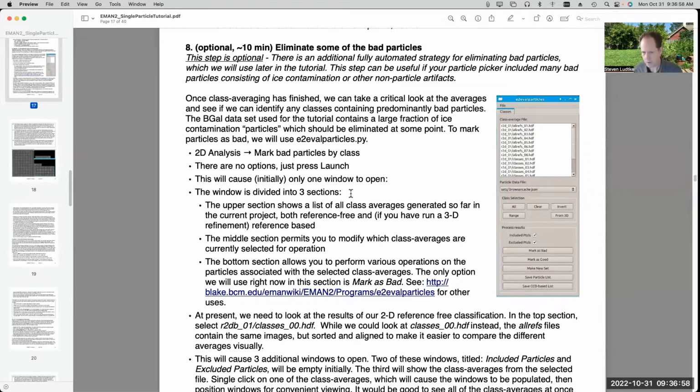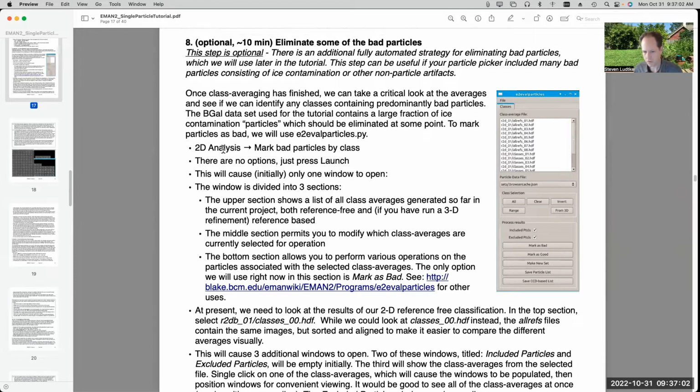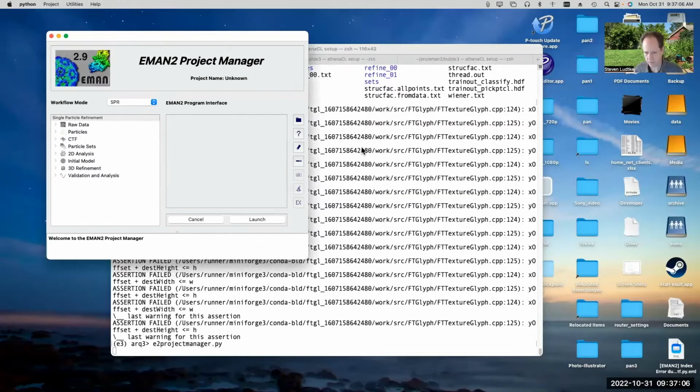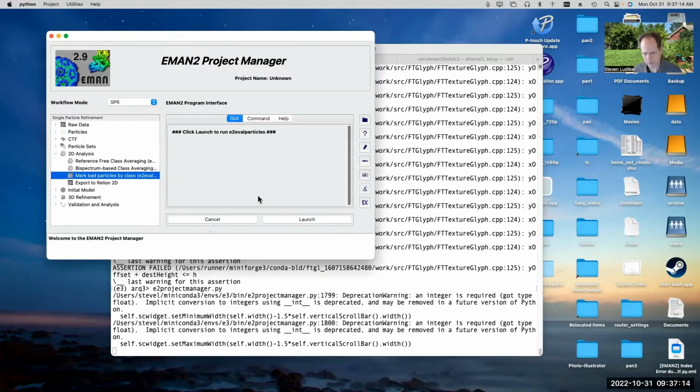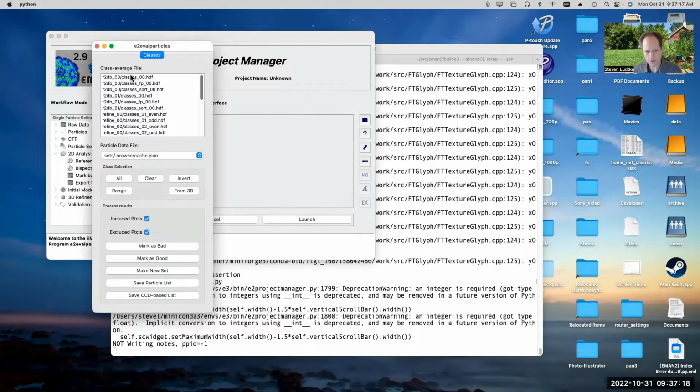So if we look here, eliminate some of the bad particles. You're told to run this 2D analysis, mark bad particles by class. Right, so here under 2D analysis, mark bad particles by class, and that'll open up this interface